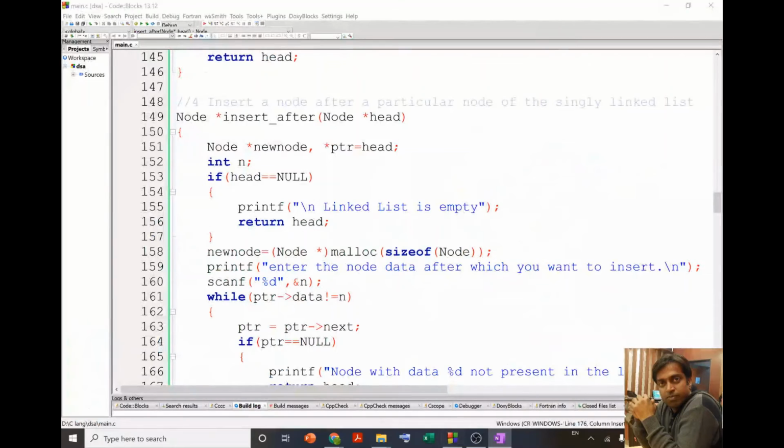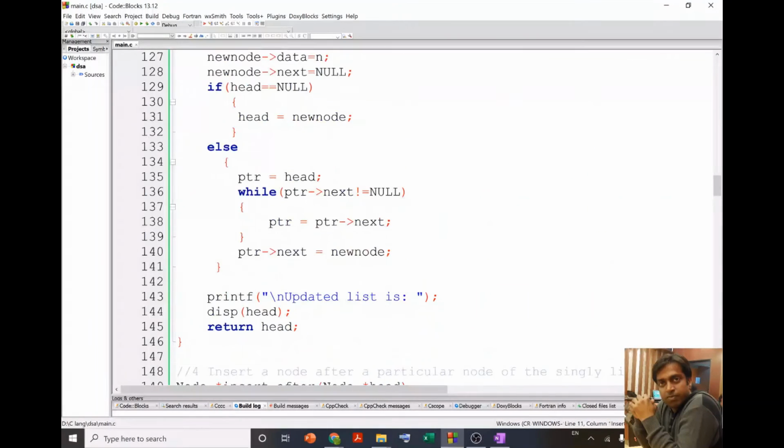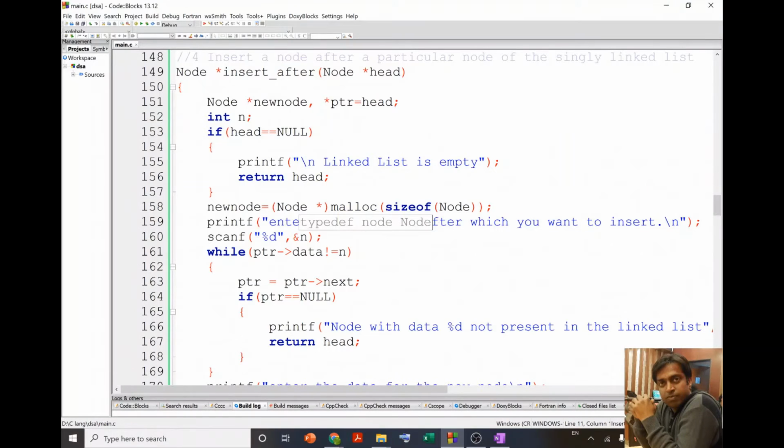So over here, first I declared this structure, and in the structure I have this data and the next pointer. Name of my structure is node, and then I declared my function like this. Coming to the definition part of it, I start with this.